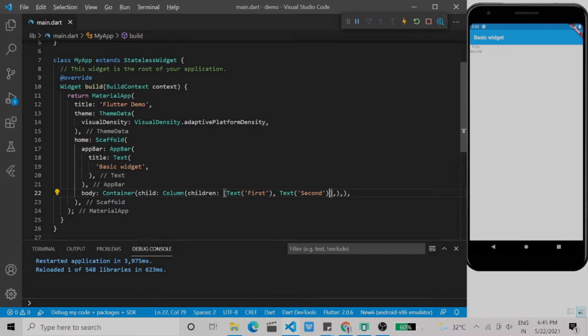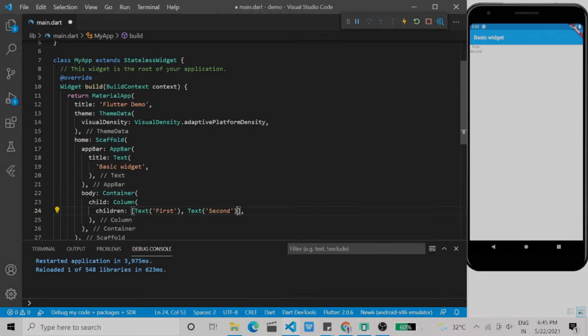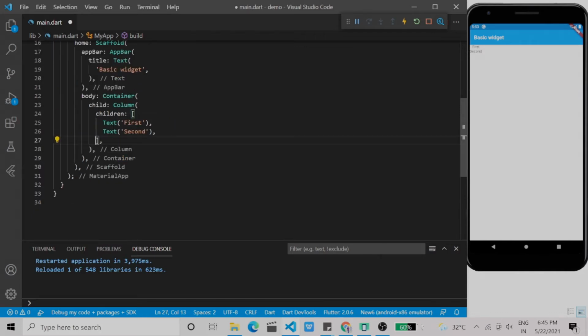Similarly, we can create other widgets, that is Row, inside the container or inside the column itself. I am going to create a Row inside the Column so that we can see how those widgets appear when they are created. It also accepts children. You can create a number of widgets inside the Row as well.